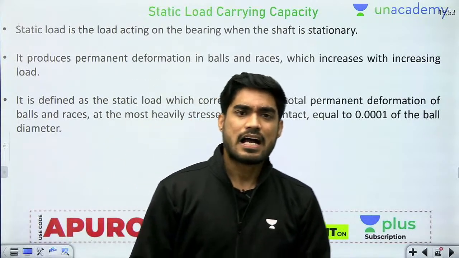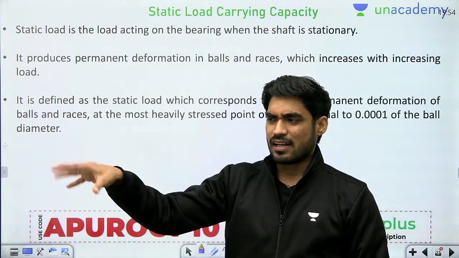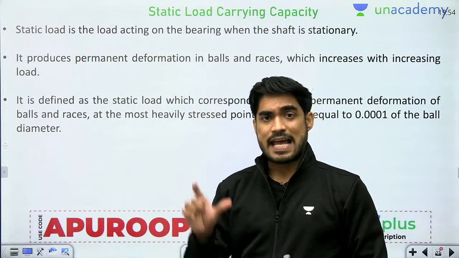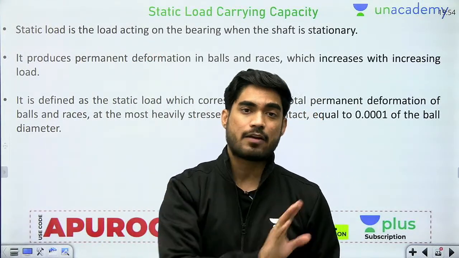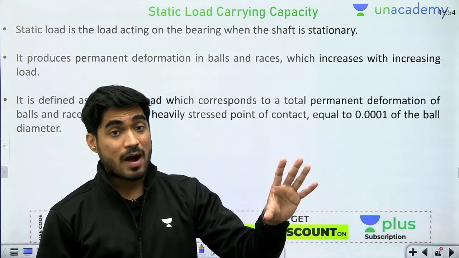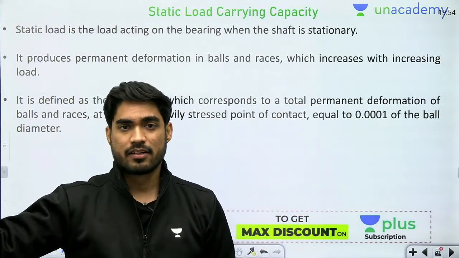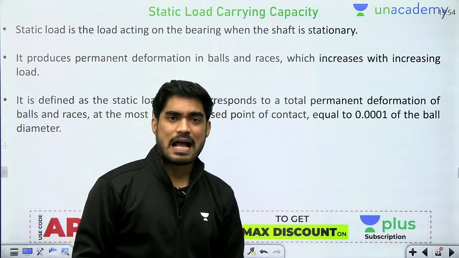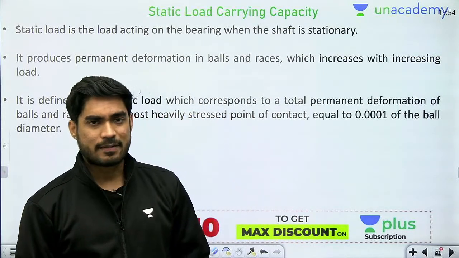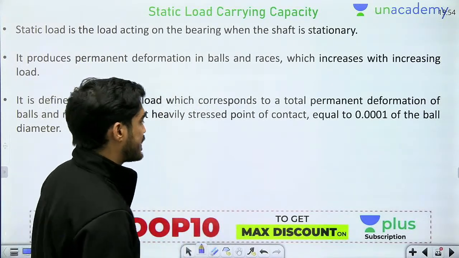For example, let's say according to my application, I calculated that the static load carrying capacity should be almost 9.5 kilonewton. So I will choose a bearing which has a static load carrying capacity greater than 9.5 kilonewton, let's say 10 kilonewton. My required static load carrying capacity is 9.5 and I am choosing 10. So I am safe. This is how we can choose a safe bearing for our machinery. So the first parameter is the static load carrying capacity. Now static load carrying capacity is denoted by C naught.